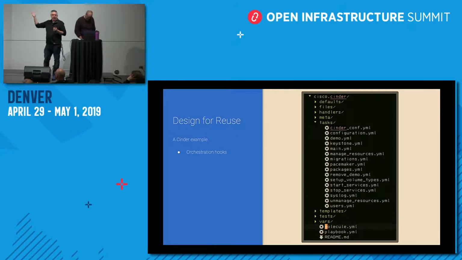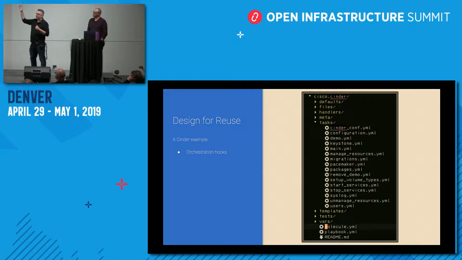And as you see, a lot of the services are broken out into components. Rather than having a main and saying, let's go ahead and install Cinder, and let's assume that the handlers will stop things when they need to stop and start things when they need to start, we've broken it out into components so that we can orchestrate those services externally. So if we need to install OpenStack, we can install OpenStack. But if we then need to later restart the service or start the service or do something to that specific service, we can target the task necessary for doing that.